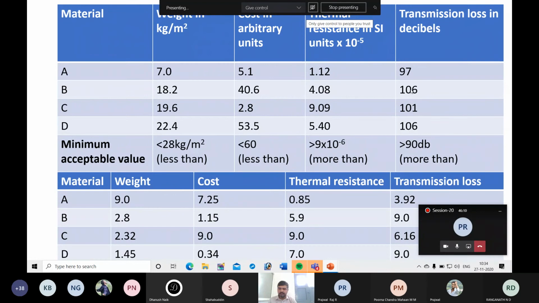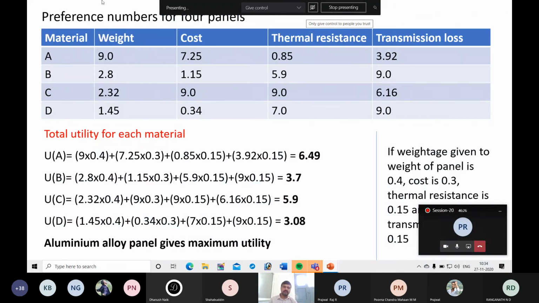Similarly, here also, most preferred are B and D. So 9. Least preferred is 97. That is having 3.92. So these are the corresponding preference numbers for these quality dimensions. Once again you have to write this table. Without writing the table also you can find out, but it will summarize the overall preference values.